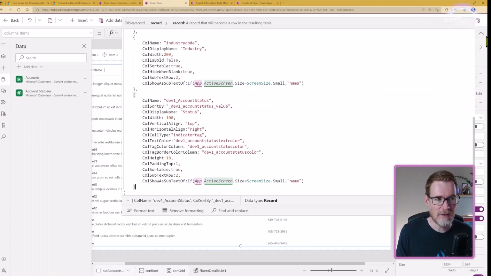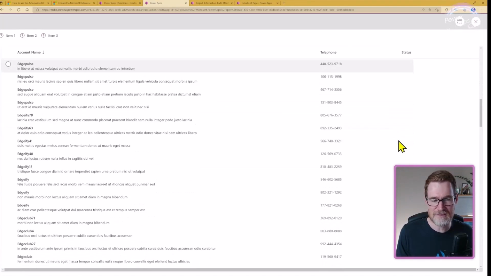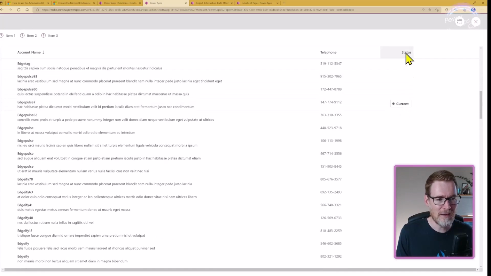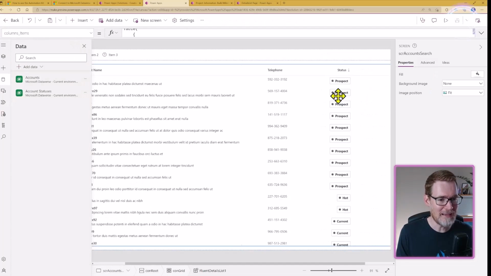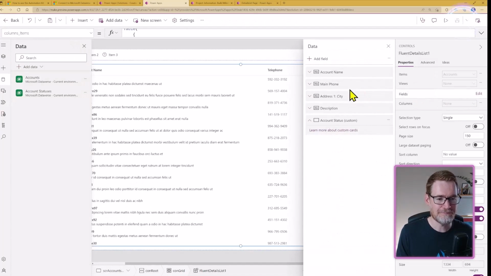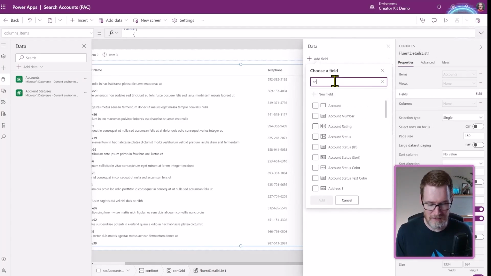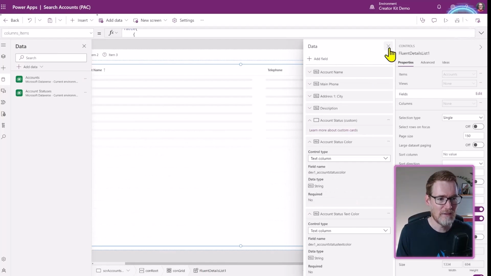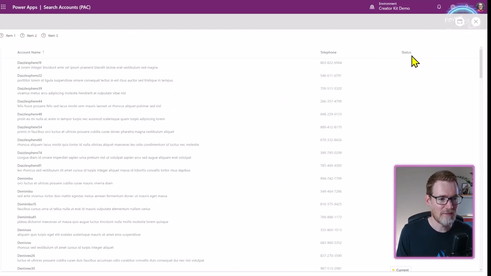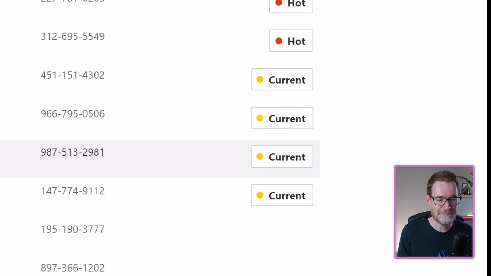But it allows us now to, if we run this, you can see at the moment we've just got these status tags here. Let's just sort them so you can see these statuses, they're all gray, which is not that great. But if we go and add in to our fields here, because at the moment we've only got these fields added in, we need to make sure that we add in the color fields. There we go, account status and text color. If we add those and now run this, and sort by status, you can see now we've got them looking nice and colored.